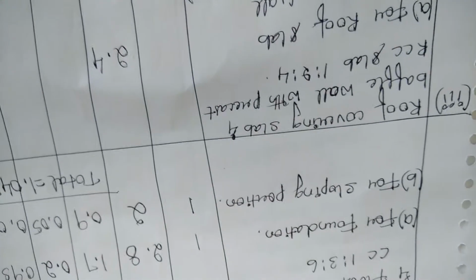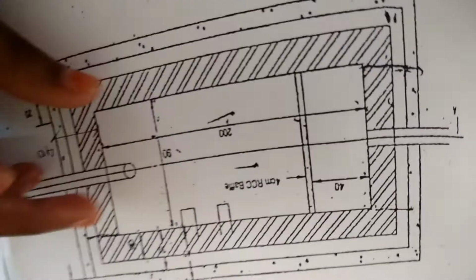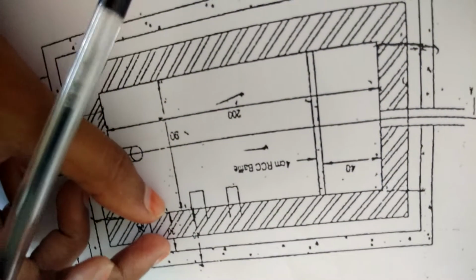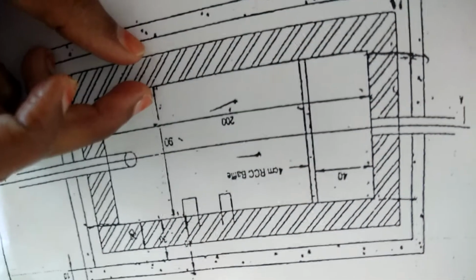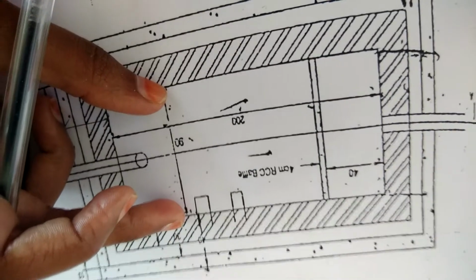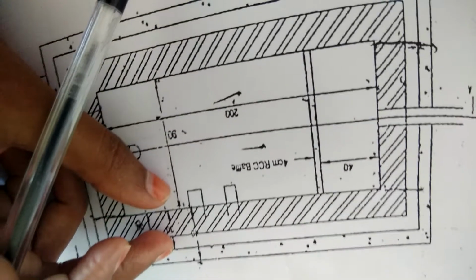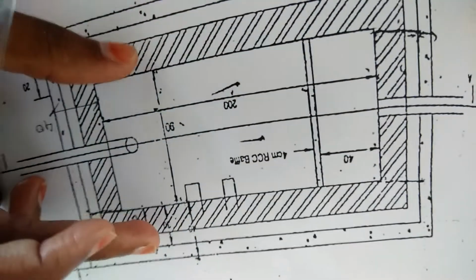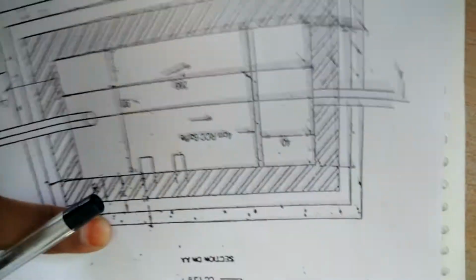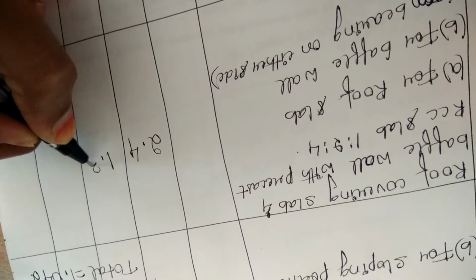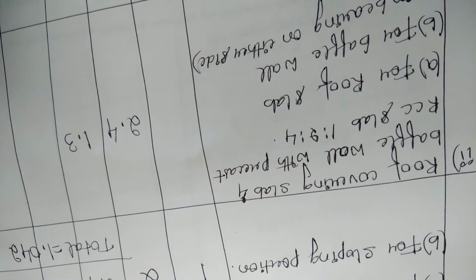So now to find the width, again the same calculations you have to do. So here the clear width is 90 centimeter. So on 90, we need to add 20 on either side. So 20 plus 90 gives you 110. 110 plus 20 gives you 130. So 130 will be the total width of the roof slab. So again you divide 130 with 100. On dividing 130 with 100, you will get the width of the RCC roof slab, which is 1.3 meter.